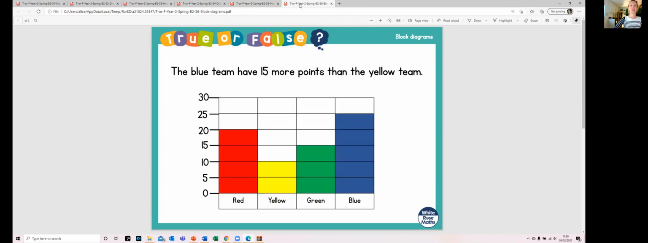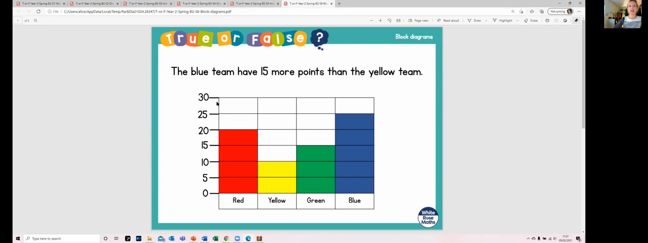Finally, the final question. How are we getting on? Right, question 6, numeral 6, is the blue team have 15 more points than the yellow team. So looking closely at this block diagram,